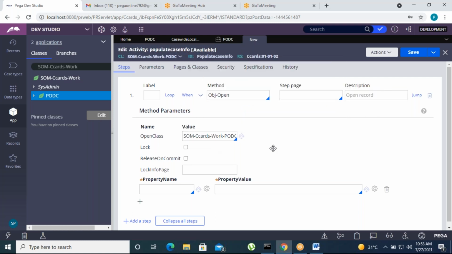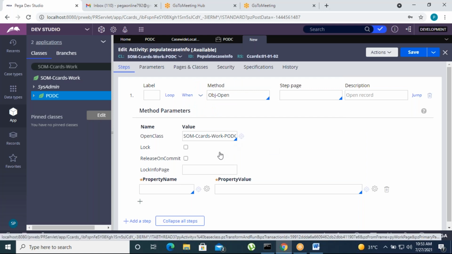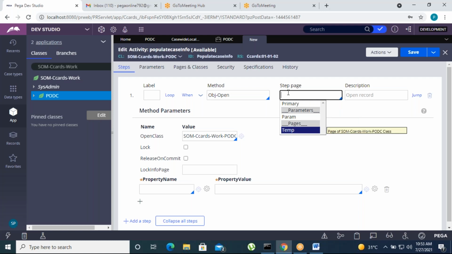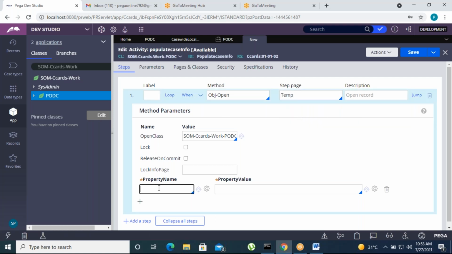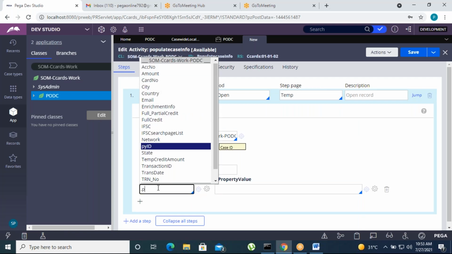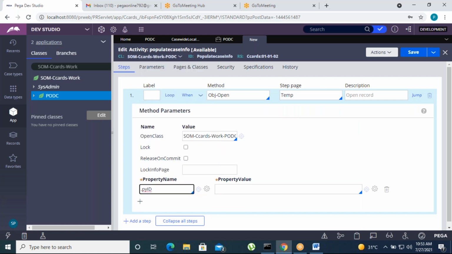Here we can give some step page as a temporary temp page. Come back to the property name. What is the property? Your input is pyID. This input comes from the work page.